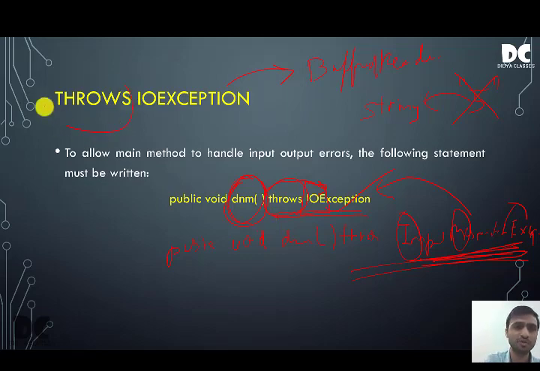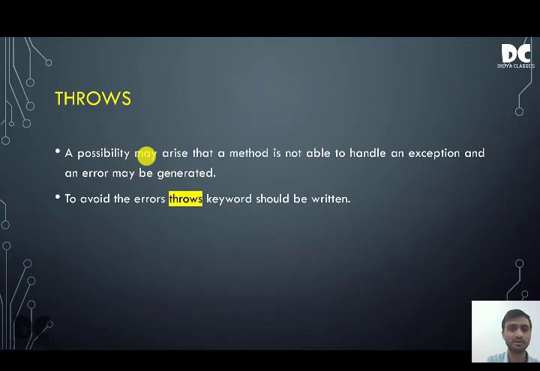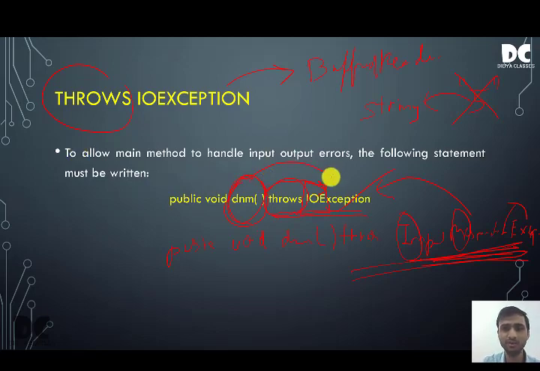So what is the work of throw? In this we studied about the throw keyword. The throw keyword does what? It transfers the error from one method to another method. Means DNM will give the error, or tell that I am getting this error, to IO exception. Similarly, if you write input mismatch exception, DNM will transfer the error to input mismatch exception and ask him to correct it. Okay, it may be solved, it may not be solved.